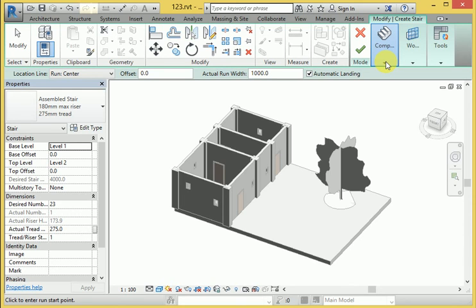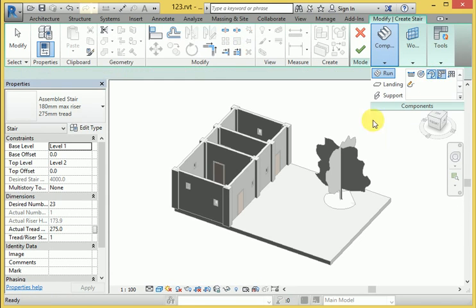So here when I use any stair right now, this one and this one, I use from this one here.